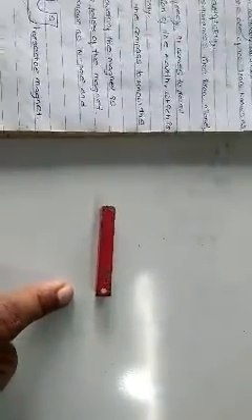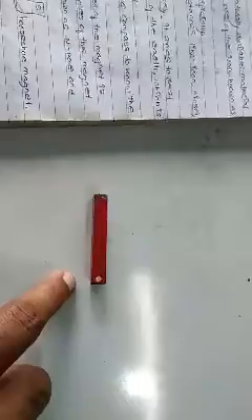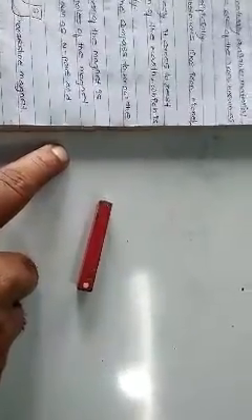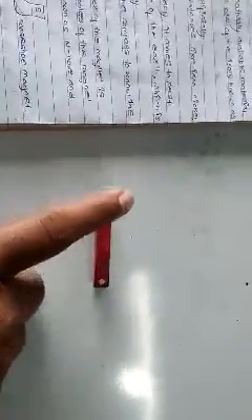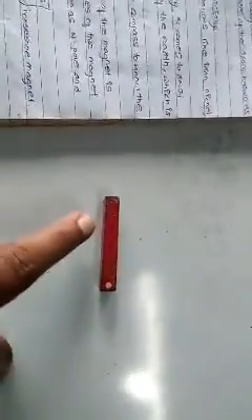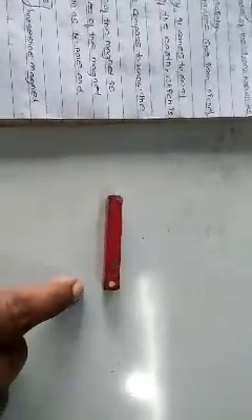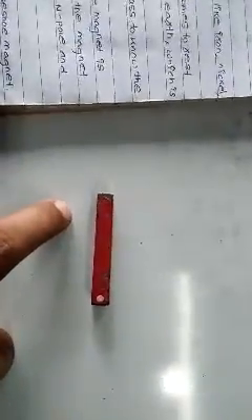Hence we can say this: the end which is showing geographical north, geographical meaning earth's north pole, is called the magnetic north pole. The end of the magnet which is in the direction of geographical south is called the south pole. So this end behaves like the north pole, this end behaves like the south pole. Finally every magnet has two poles, one called north pole, another called south pole. Remember this. Okay.